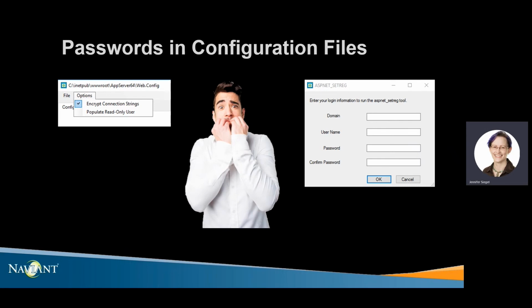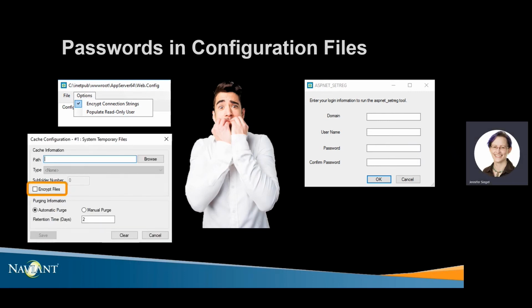Prior to version 18, OnBase had a separate config file for the distribution service settings that included the credentials to connect to the Exchange server in clear text. That work has since been shifted to the Unity scheduler and the database. For an added level of protection, though, you can also encrypt the temporary cache files used to build the emails. This setting was also available prior to 18, but you may or may not have known about it.